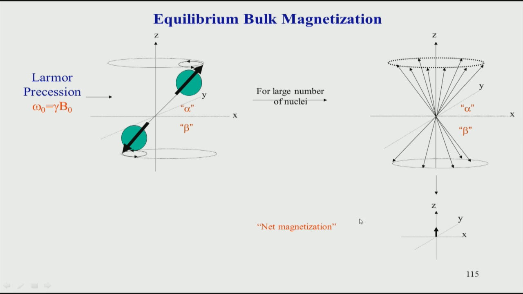All our NMR experiments now depend on this net magnetization. This is what we use to finally record the spectrum. Remember, this is nothing but a difference coming from the population in the lower state minus the upper state, where the upper state is shown here as beta, and the lower state is alpha, and this difference in population contributes to this. Therefore, if the populations are equal, then this will be 0, because then everything will cancel in all directions.